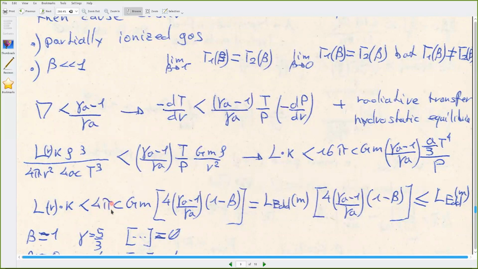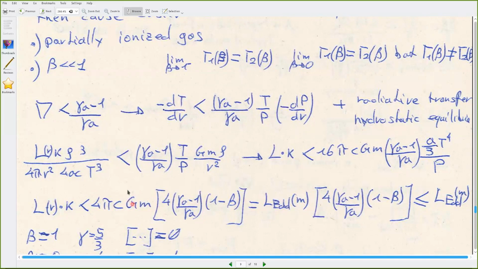For this situation, this value is okay, not the luminosity of Eddington, but because it is multiplied by the opacity. But okay,